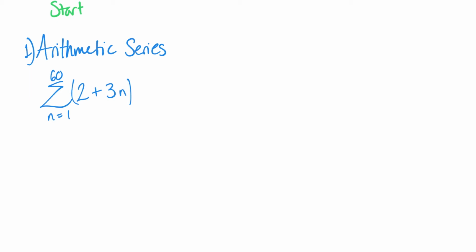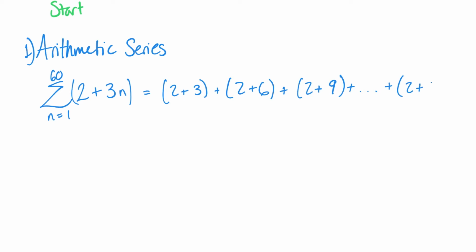So, if I wanted to do this in a calculator, we'd have to get 2 plus 3 plus 2 plus 6 plus 2 plus 9 plus till we get to 2 plus 180. That's going to take way too long. So, what we're going to do is we're going to use this fantastic equation, which tells you that the summation will be equal to n over 2 times a1 plus an,